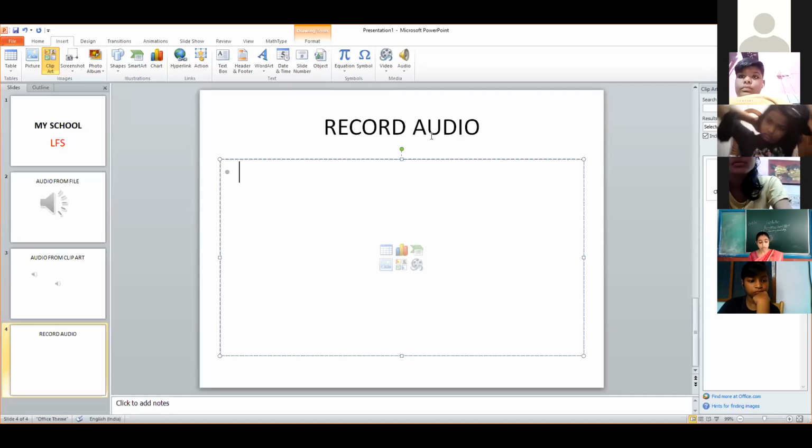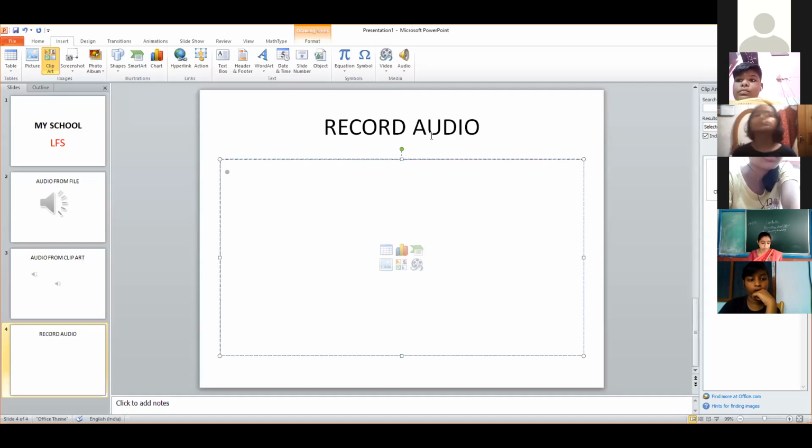While recording your sound, it is essential to connect a microphone that is compatible with a computer. A microphone is there so that your audio goes to the system. Then the very first thing is to select the slide where you want to record. Definitely this is the very first step. You have to decide on which particular slide you want to insert your recorded audio. Then click on the audio drop down arrow in the media group in the insert tab.